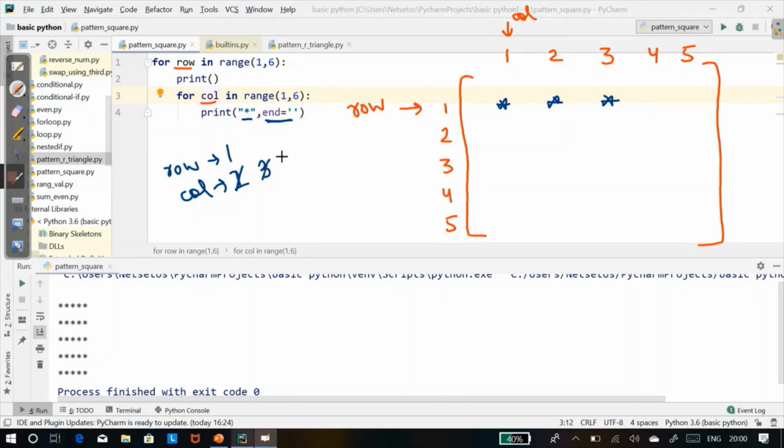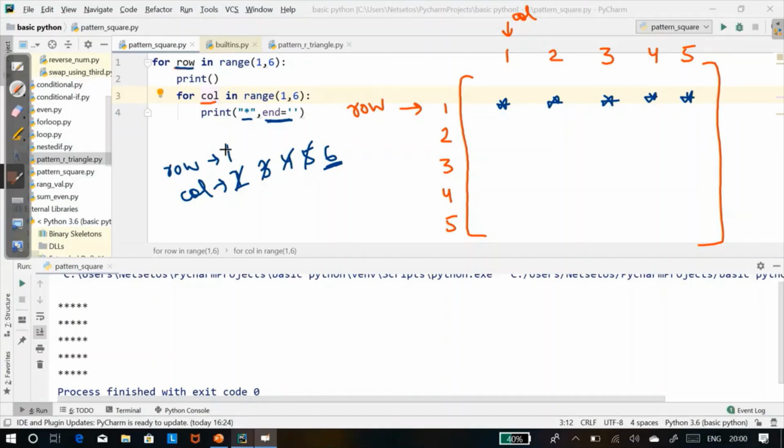Then column goes for 4, it will print star in the same line. Then it will go to 5, print star but in the same line. Then it will go for 6. For column in range, it will run to 5. So 6 will not be acceptable and it will come out of the loop and go to row.